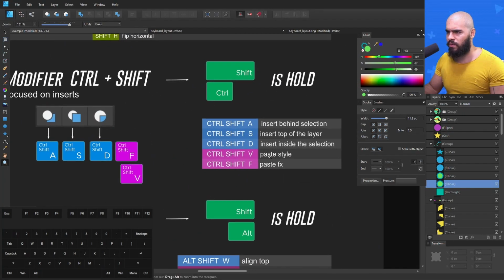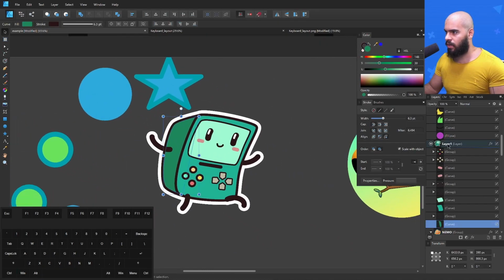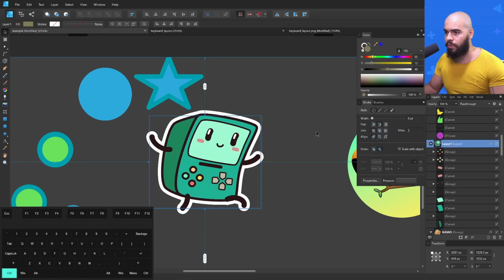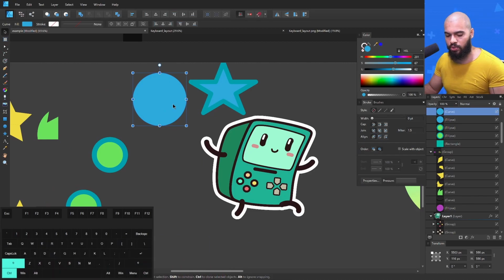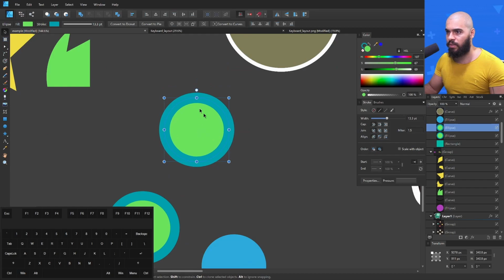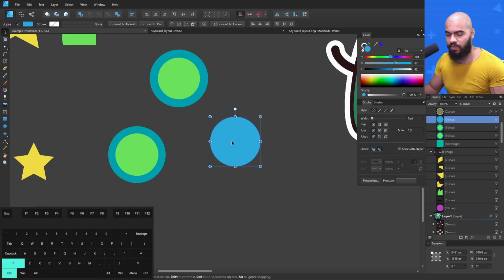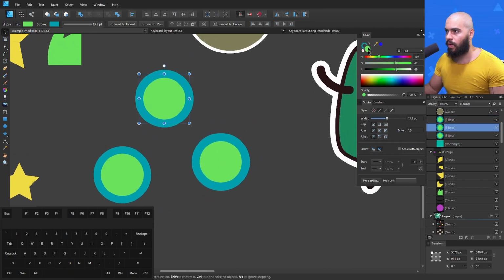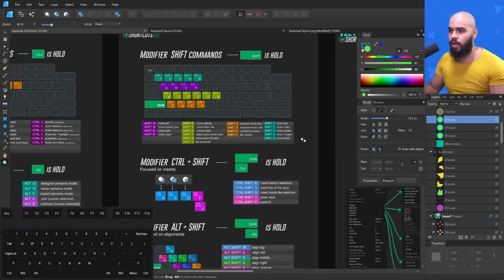The Ctrl Shift and V is gonna paste style. How does this work? Let's say that you have this layer here. I'm gonna copy this, and I'm going just to Ctrl Shift and V. It's gonna paste style. It's gonna copy even the layer effects that are here. Even if you, let's say, want to copy these properties, Ctrl C, and I want to paste in this circle here, Ctrl Shift and V. It's gonna copy these colors, width, size, everything, and paste style. Okay, it's gonna copy that style and paste it to the other one. That's why we have applied to the